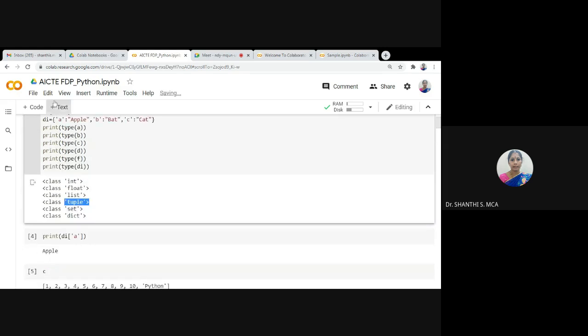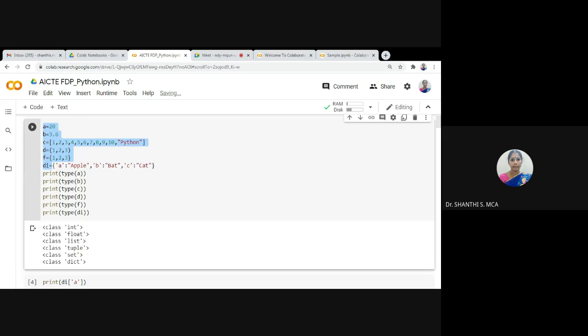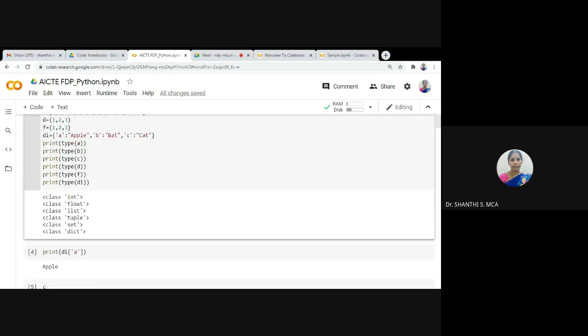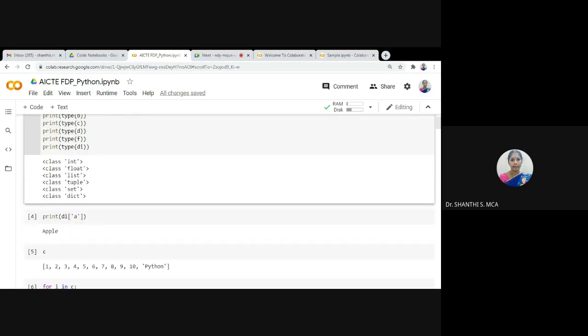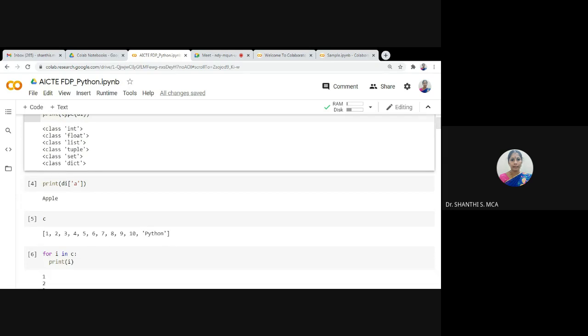Then di equal to a colon apple, b colon bat, c colon cat. This is called a dictionary, key value pair. This will display the different data types of each variable. Here no need to declare the variable. Based on the value assigned to that variable, it will assume the data type.